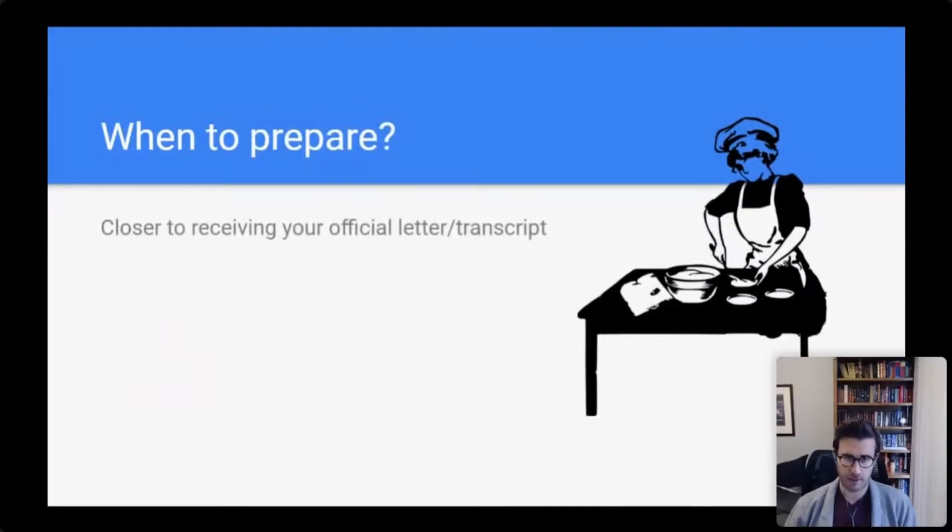When to prepare? You want to start preparing closer to when you're going to receive your official letter or transcript, so of actually finishing the program, right? If you still have exams, if you still have summatives, end of year projects, focus on those first. You need to complete your program before you can apply anyways, right? And it doesn't take an overly long amount of time to apply. So focus on finishing your program first, and then once you're closer to actually completing the program, you could submit